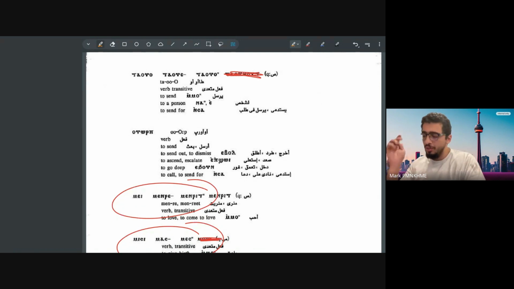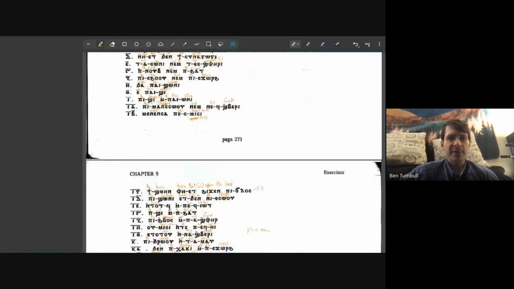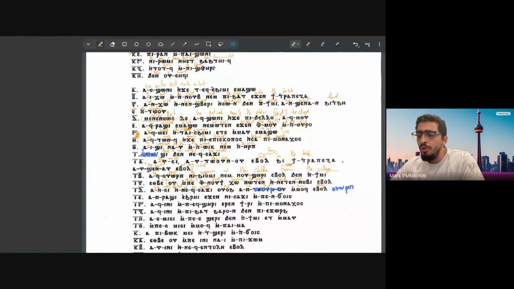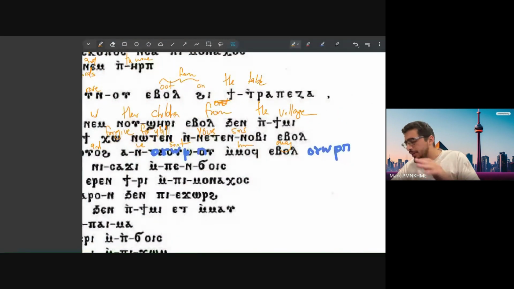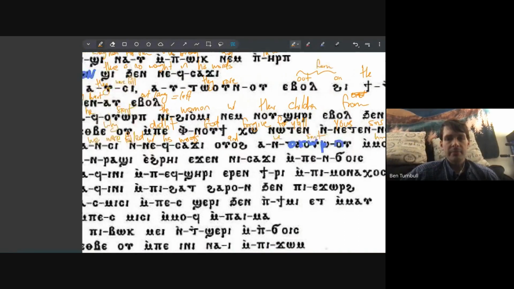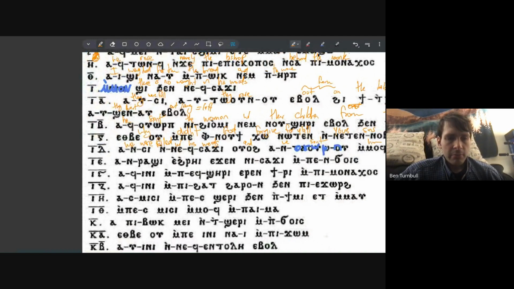So the one is sending mail, so I'll probably use warp for I'm sending mail, and then tawo is for, you know, I'm sending Ben to preach to the world. Basically causing someone to go. Tawo takes more of a direct object, or which one is more causative? Tawo is causative. We're going to cover that later, so don't worry about it. I just chose any verb to mean send. Okay, sure, no grammar worries. You got it. No worries. Great. Give me two more. Okay, great.